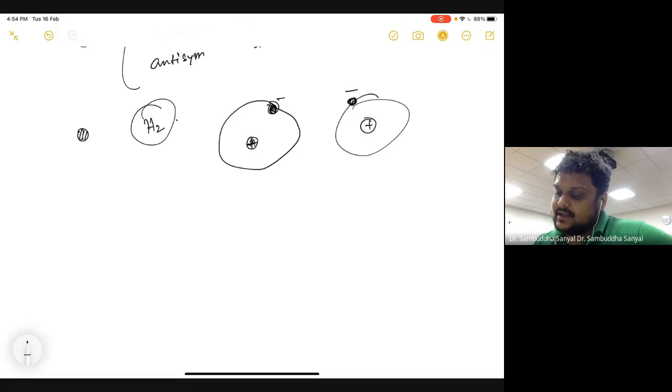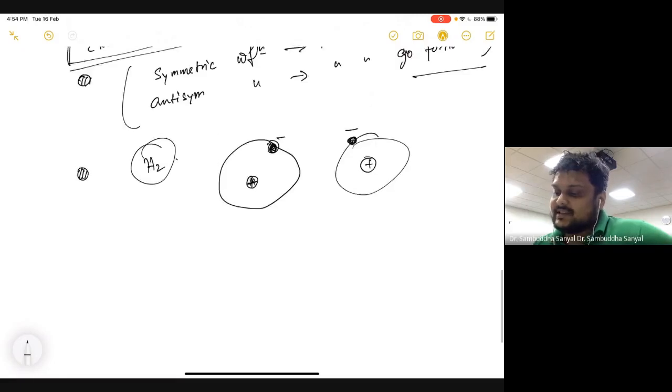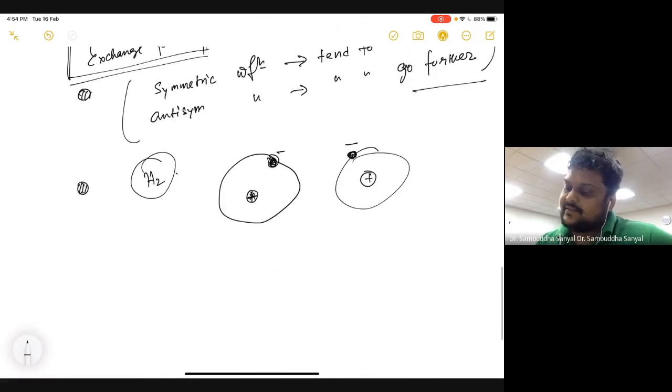So let's say I have two electrons which are very close to each other. Then by this logic, these electrons are fermions, so that means they have an antisymmetric wave function. Well, let me come to that point later. Let me just say these two electrons are distinguishable. If they're distinguishable, then their average distance will be something like this. But if they're indistinguishable, there are two possibilities.